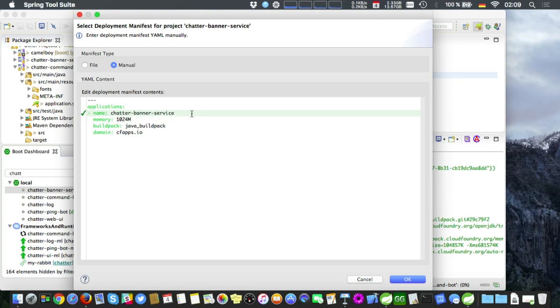And I can go ahead and just type in the stuff that I would like to use. In this case, the memory setting, that's okay. I don't need a buildpack, don't need a domain here. And I get all the nice features that I am familiar with editing manifest files right in here too, which